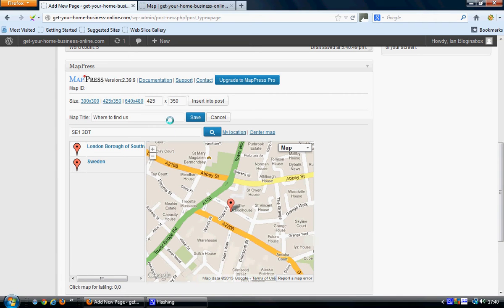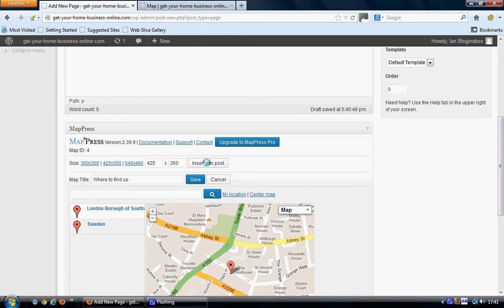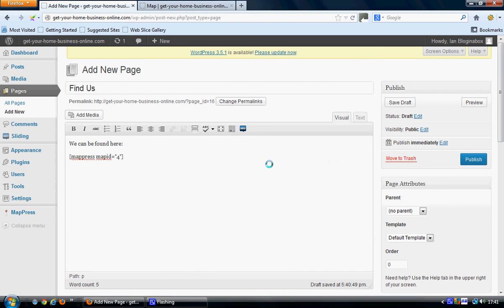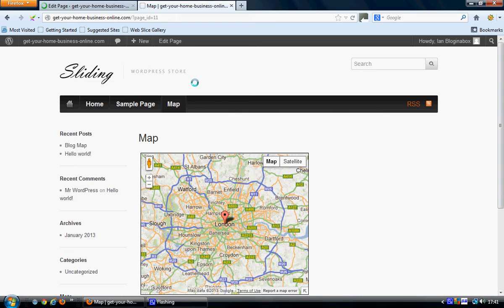So what we can do now is save this map, and the map title is where to find us, and then I can click on it again and insert into post. Now if we scroll back up to our post, we get this little bit of code in the page, and if I click on publish, and then go across to our website and hit refresh,